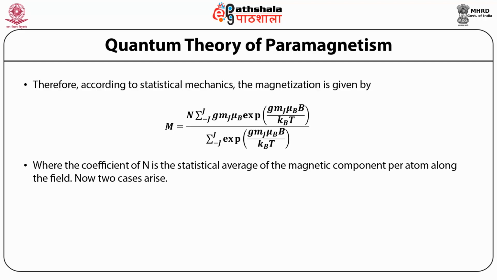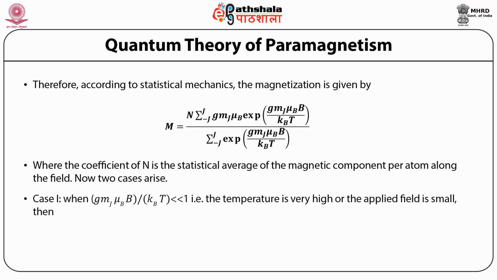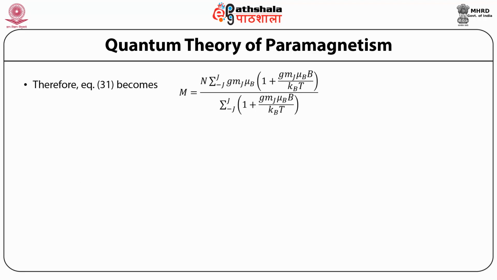Now there are two possibilities. Case first: when g mJ μB B / kB T is much smaller than 1, that is, the temperature is very high and the applied field is small. Then the exponential of g mJ μB B / kB T is approximately 1 plus g mJ μB B / kB T, and this equation 31 becomes